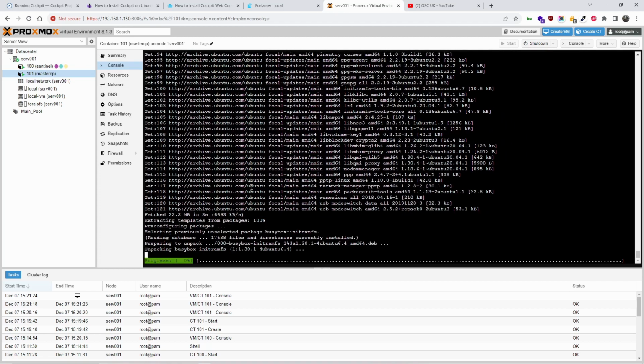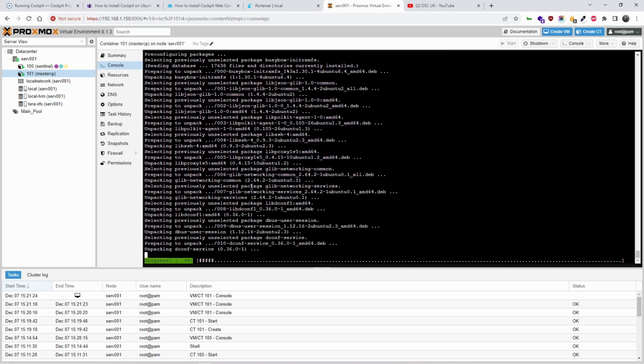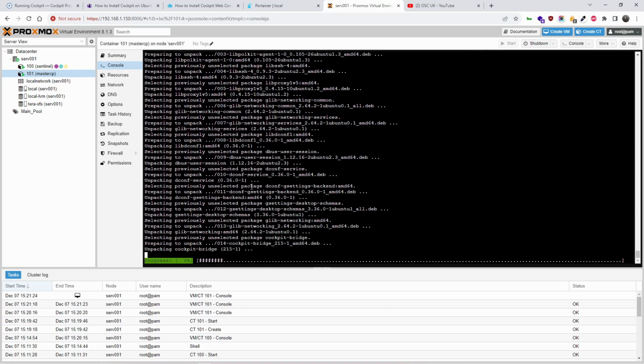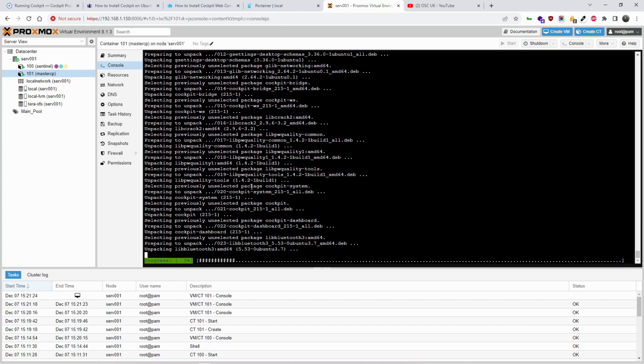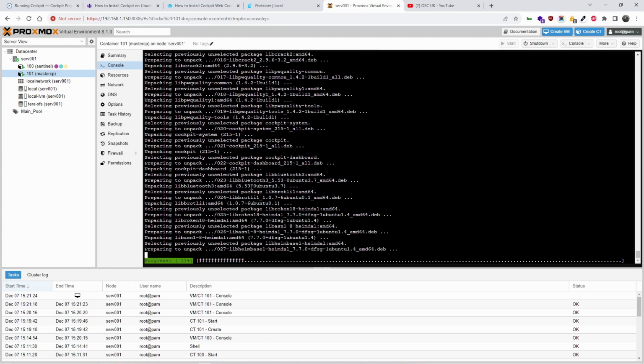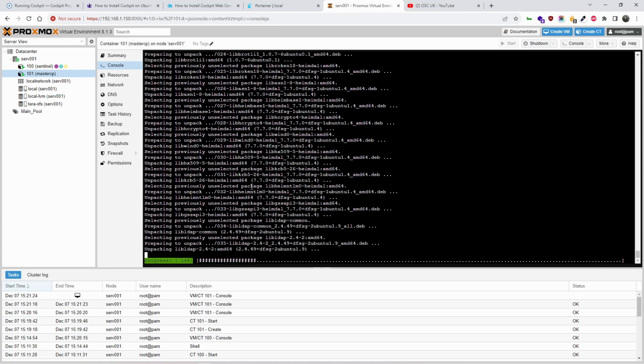I forgot to install something on this one. Net tools. Yeah, I usually like to install net tools on this one. This is a very minimal template. I think it's about 50 megabytes. ISO. Well, it's not an ISO, but